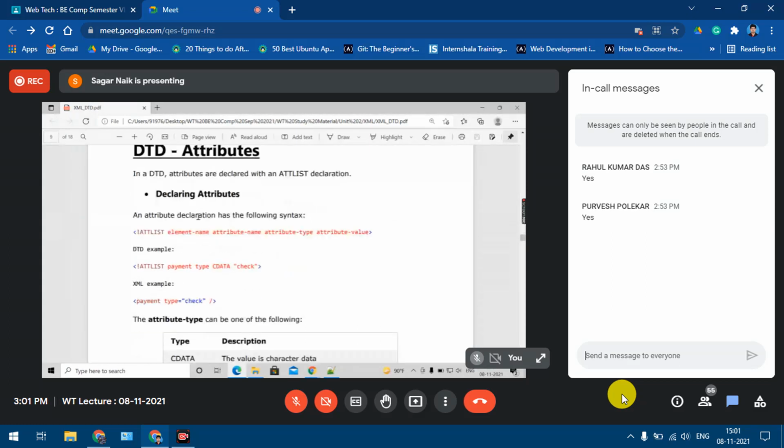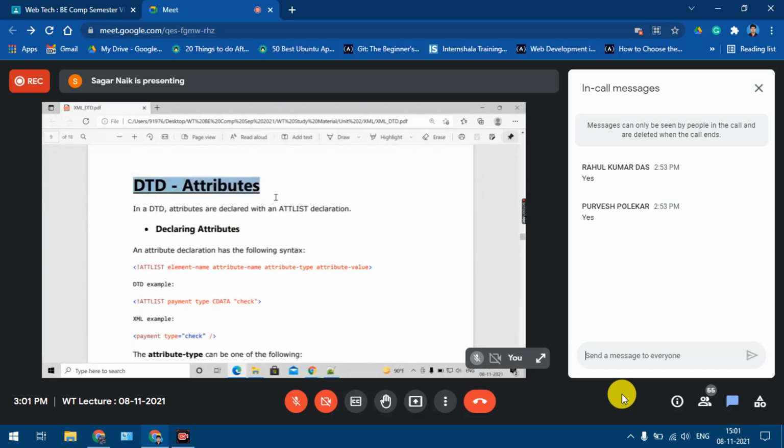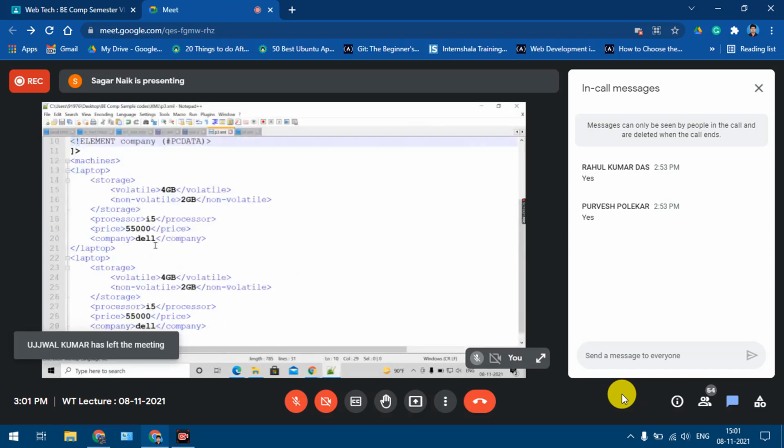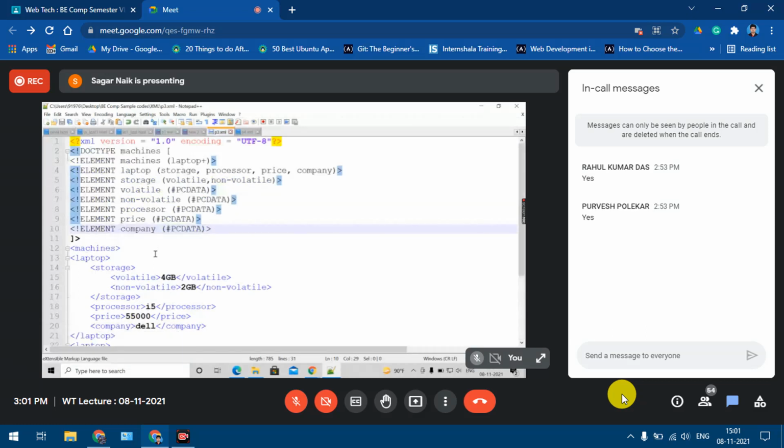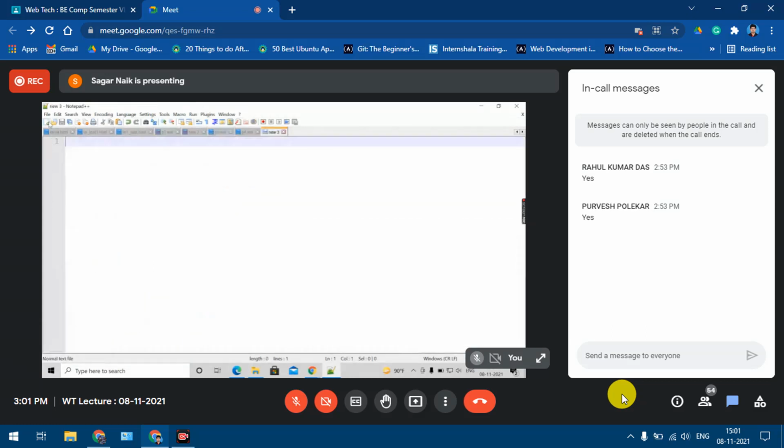Now we'll see how to define the DTD attributes. So far in all these examples, we had not taken any example of an attribute. Now what is the meaning of an attribute? It is the same concept as in HTML. Suppose I'm having one element, I'll take the element as salary. Salary is a simple element, and this is the content, right?